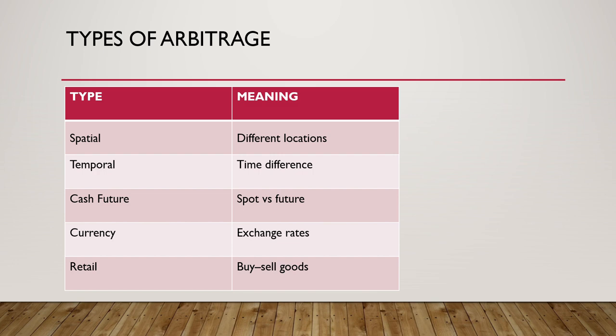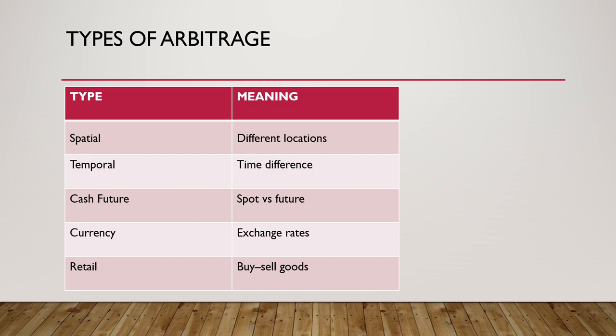Let's take a very real example of bread. Before, the price of bread was 45 rupees, now it is 55. So there's such a huge difference. You can ask your parents as well what the price was in their time and what the price is in your time. Next is currency, again the exchange rates.